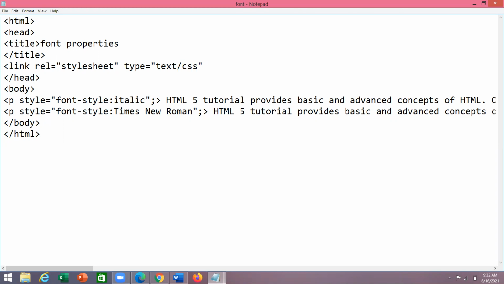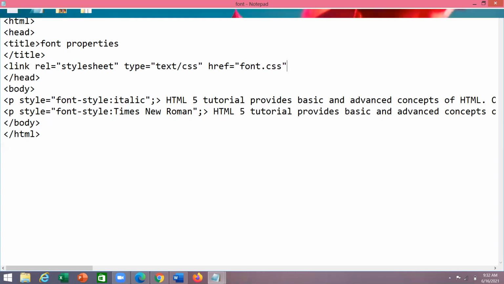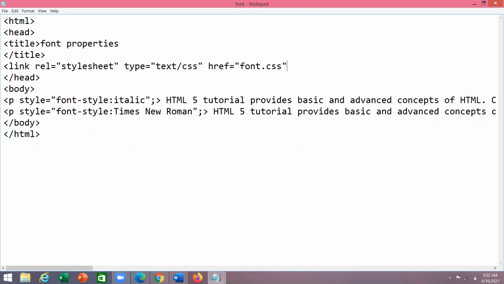And here we write the reference, href equals to double quotes. What is the name we already gave? That is font.css. This is the external file, and here I am giving the link. Now I'm saving the document.